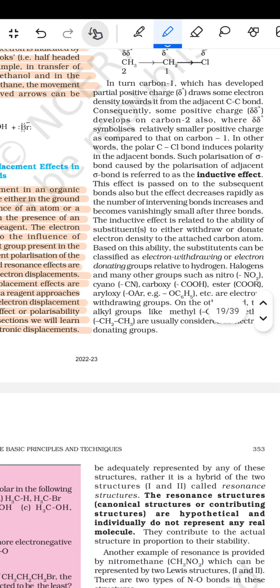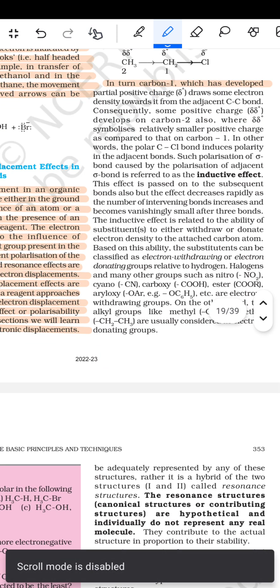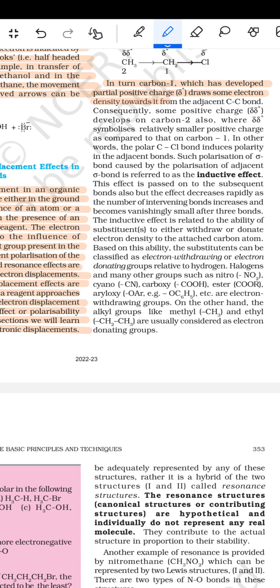Now, in turn, carbon 1, which has developed a partial positive charge, draws some electron density towards it from the adjacent C-C bond. Consequently, some positive charge, delta delta plus, develops on carbon 2, where delta delta plus symbolizes a relatively smaller positive charge as compared to that on carbon 1. In other words, the polar C-Cl bond induces polarity in the adjacent bond. Such polarization of the sigma bond caused by the polarization of the adjacent sigma bond is referred to as the